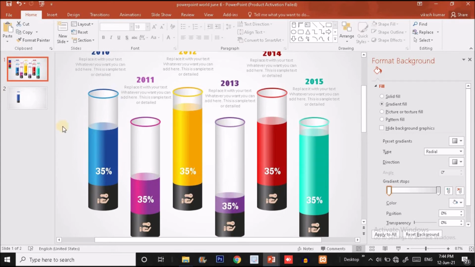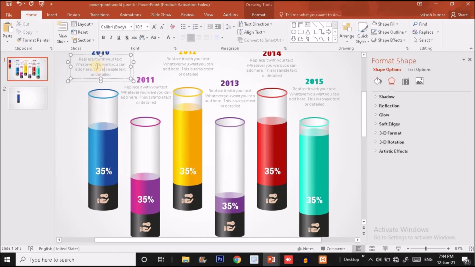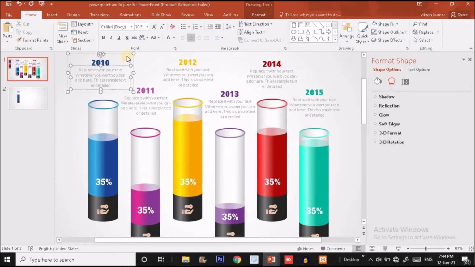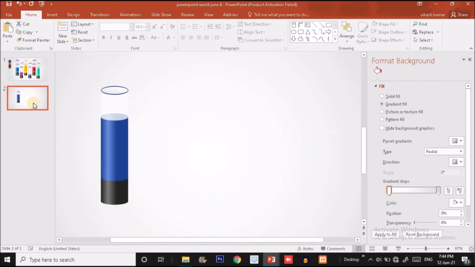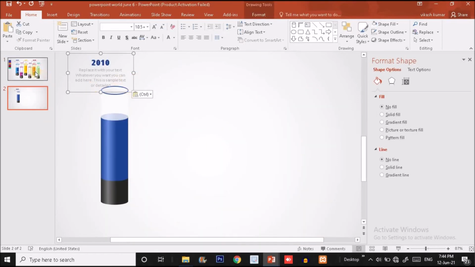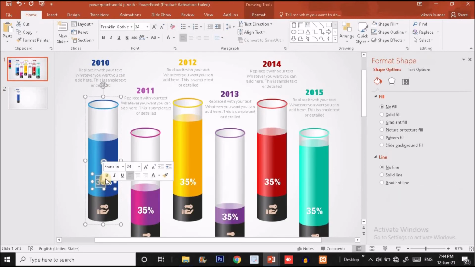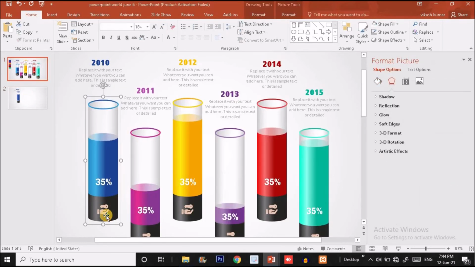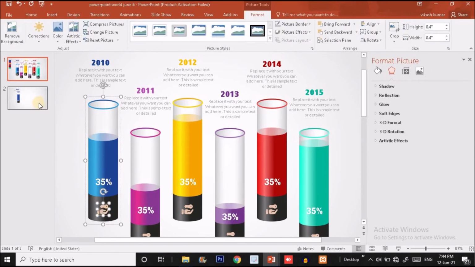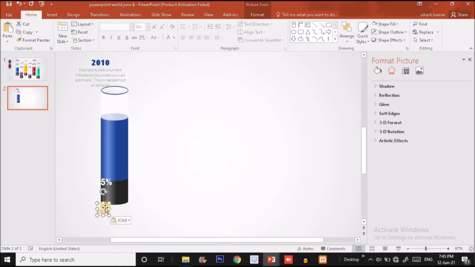Okay, so now you just have to copy this text group. So I'm going to copy this text group from the previous slide. Press Ctrl C and paste it over the new slide, sorry, this one. Ctrl V. Also I'm going to use this text, press Ctrl C and put it over the new slide. And finally I'm going to use the logo from the previous slide. You can use a different logo over here and put it over here like this.